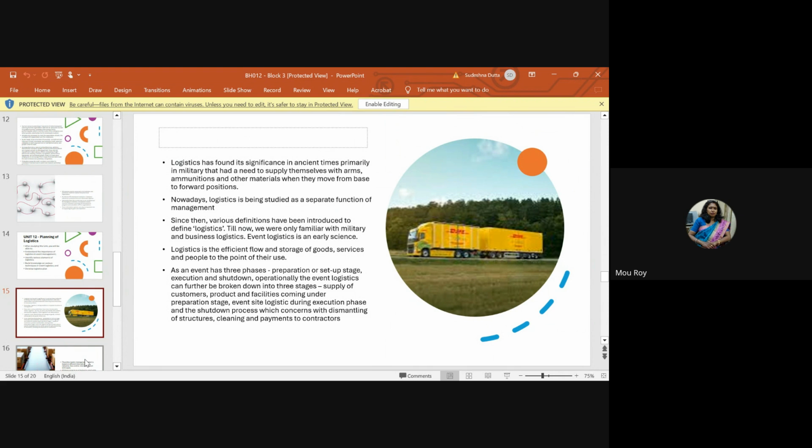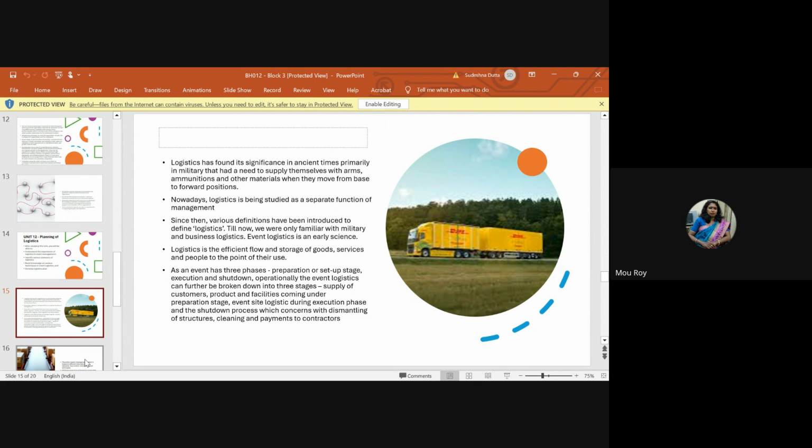See, this is why I showed you this DHL vehicle, because all the equipment of Coldplate had come through this DHL. They are the cargo shipping through the DHL. Understood? So logistics has found its significance,